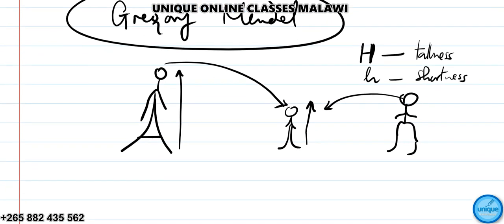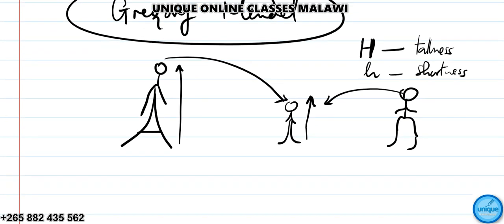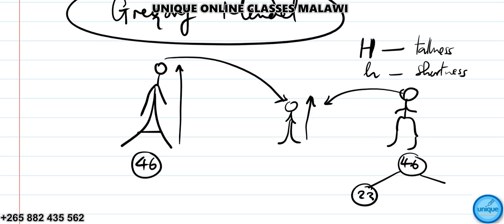There was a father who contributed to the production of this child. A human being has 46 chromosomes. Meiosis is what halves this number to 23. The same applies here. We have 23, and also we are going to have 23. So after fertilization,